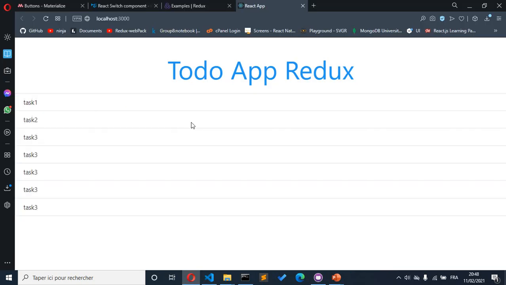Okay, and here we go. I didn't change that, so it's that task as well. What we are going to do is give the user the ability to add those tasks manually and pass them to the state. And also, I'm going to make those clickable, so you can delete these tasks. And I'm going to implement Redux to do that. Okay, so this is the first part of